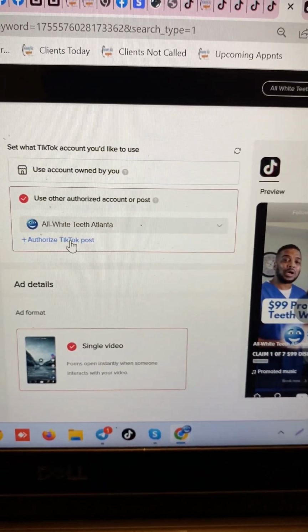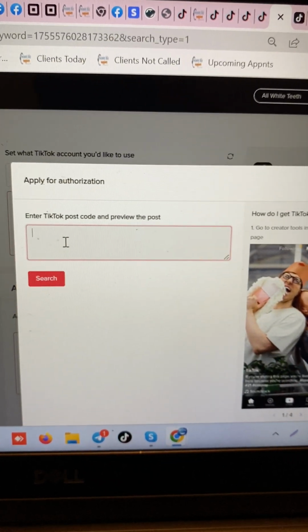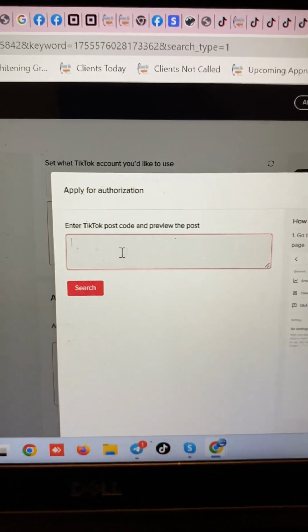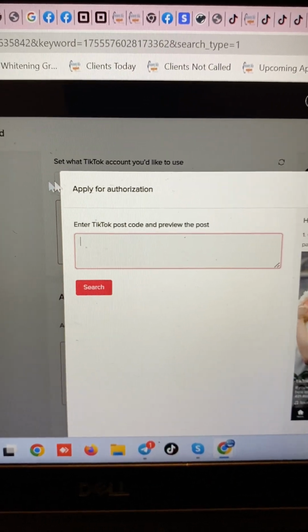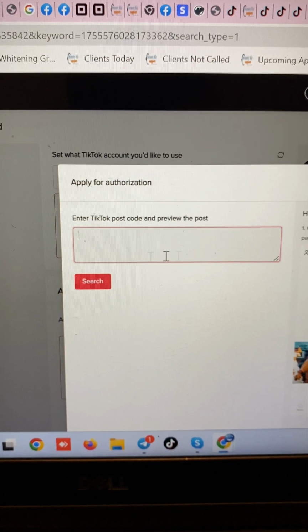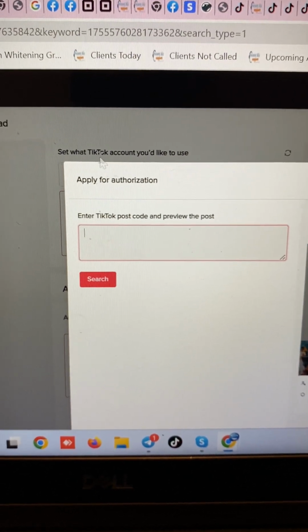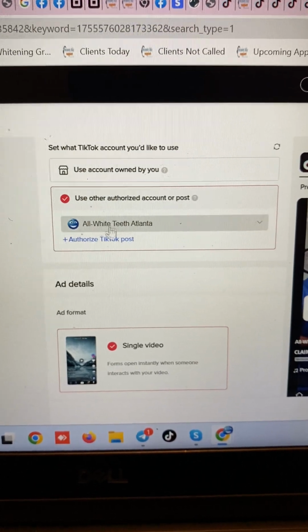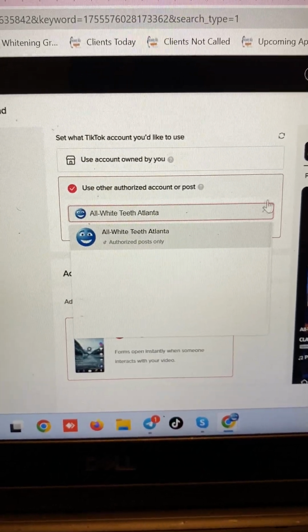And right here where it says authorized TikTok post, you copy the post. It's a little hard if you're doing it. And that's the weird thing, that you got to do some of this from the computer, but then you have to email the code to yourself and then just copy it and paste it here. Then it brings up the post that you, like for instance,